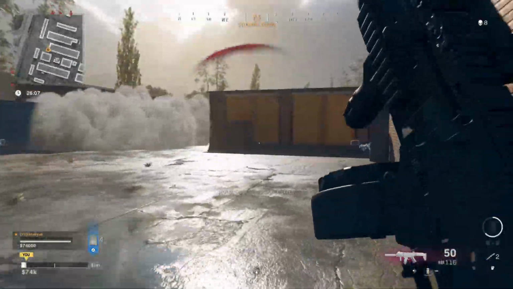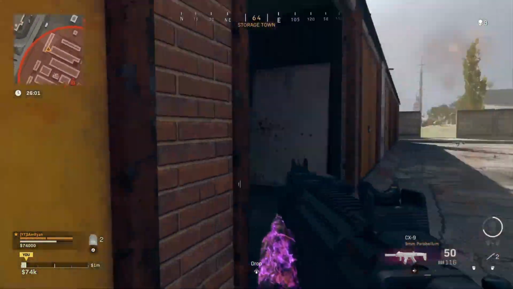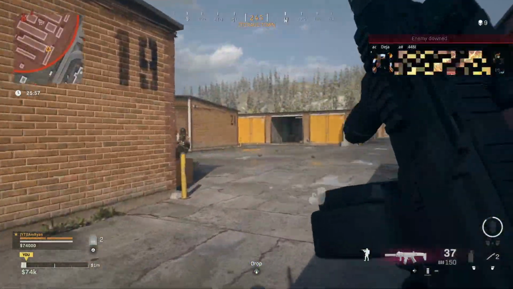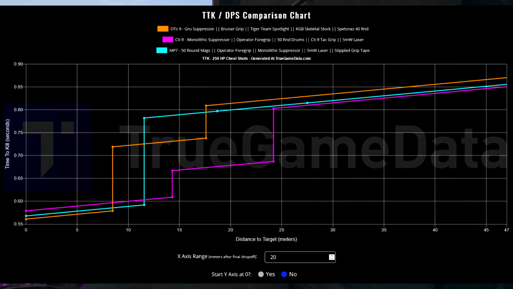But the reason why, if you're a more defensive player, I'd focus on the CX9 is because it has insane damage range, it has great hipfire accuracy, and it's just a great gun overall. I'm going to pull up a time to kill chart to show you how close the CX9 is to the OTS in terms of time to kill,